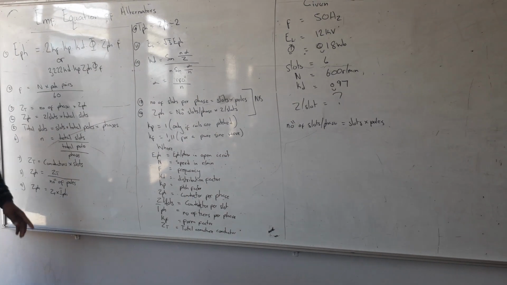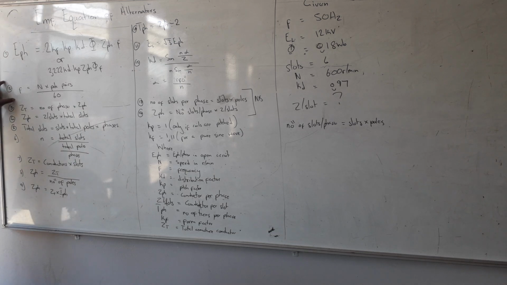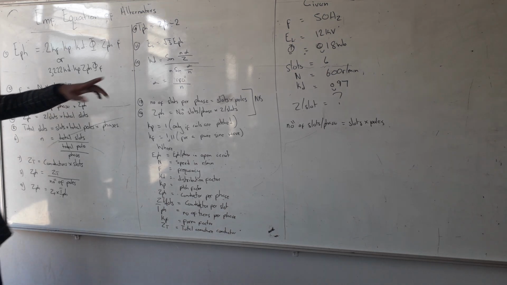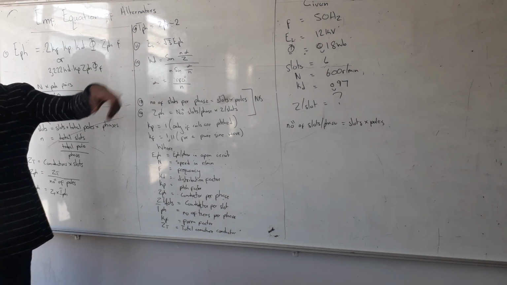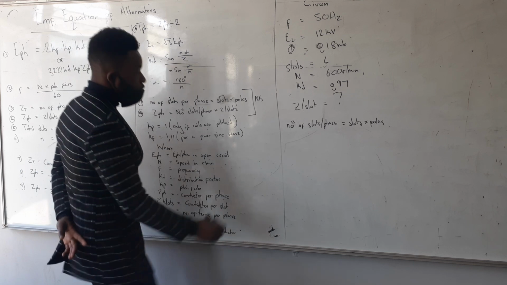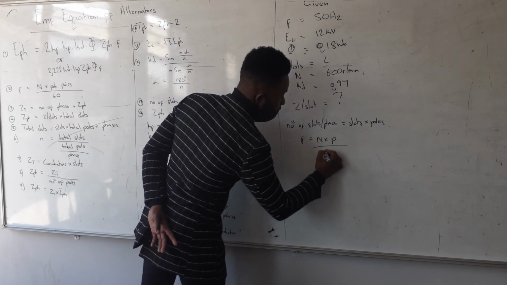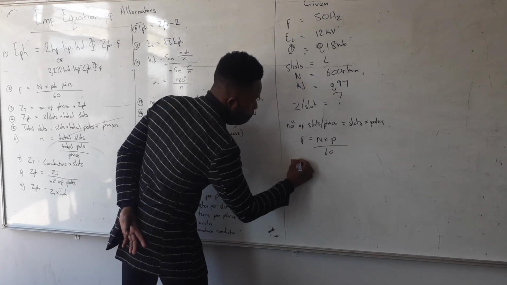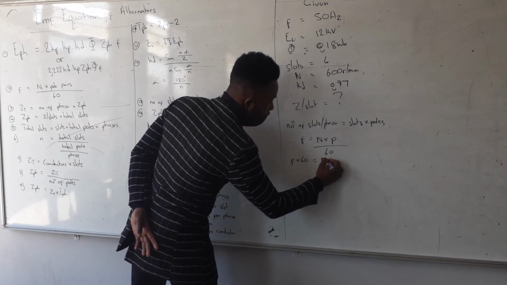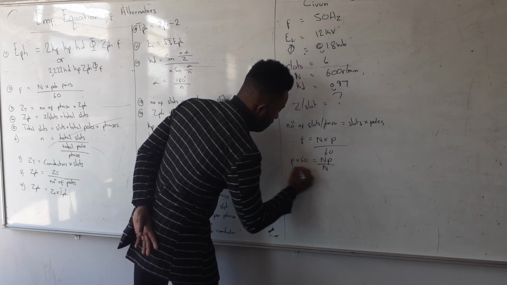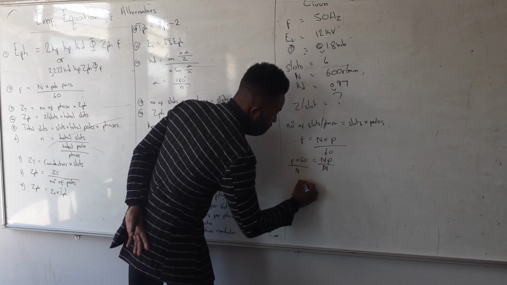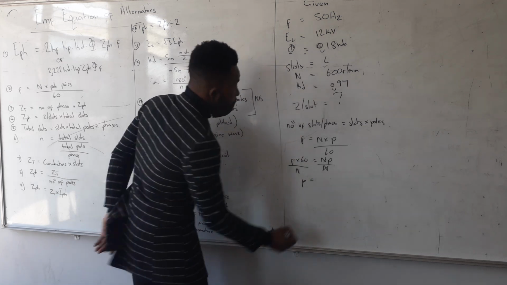But I can calculate the poles since I'm given the frequency. I can use this formula to calculate the number of poles. In order for you to divide by 60, you have to check if your speed is given in RPM. In that case, I'm given 600 RPM, which means I can calculate my poles. F is equal to N multiplied by P divided by 60, so F multiplied by 60 is equal to NP, and then I divide by N. This one cancels this one, and then my P is equal to my frequency